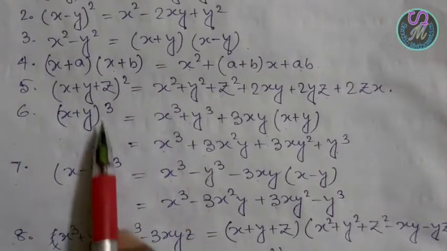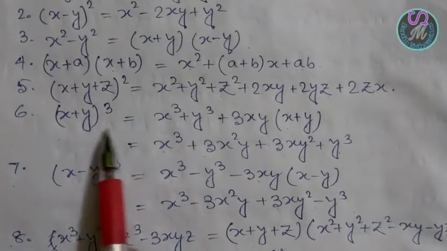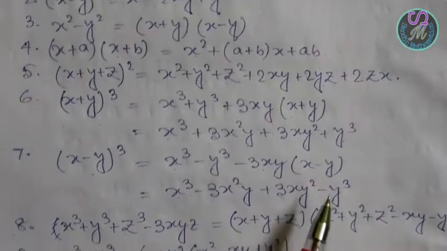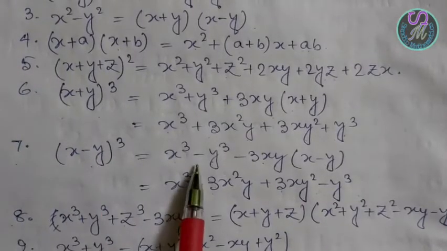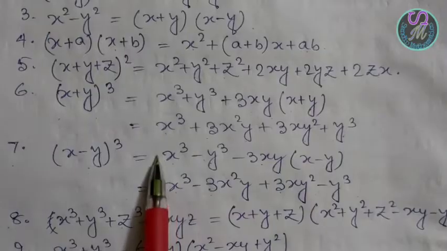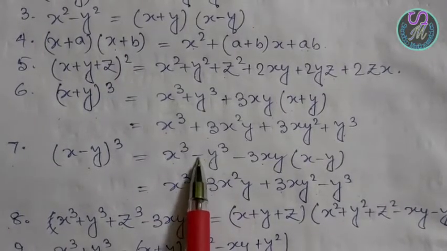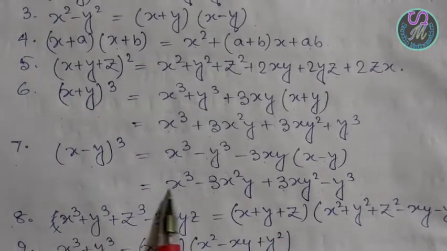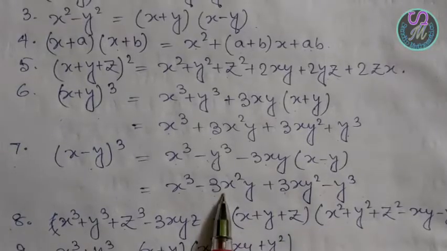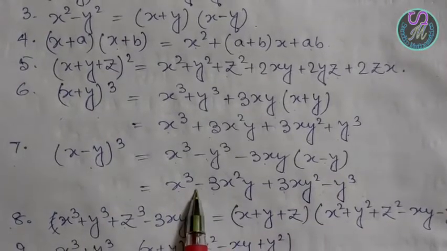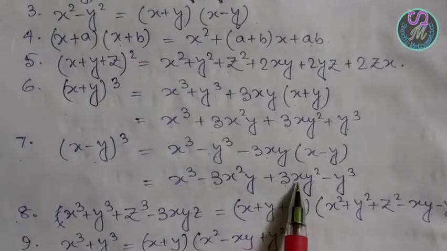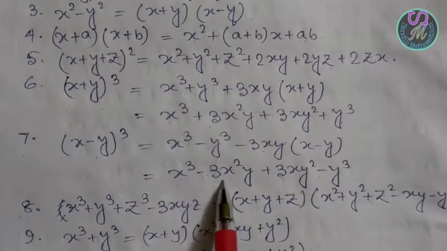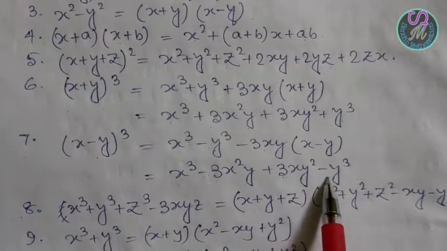Now in number 6 and 7, here the plus, that means all the signs are plus. And here the minus, x minus y. So here also, except x, that means the first term, all the others are negative. Here the minus, here the minus, here also the minus. And the last form, here the alternate sign, plus, minus, plus, minus. Everyone remember the term 3x square y, this one is the negative term, 3xy square, this one is the positive term. If you write 3xy square and write the negative sign, then this one is wrong. So x cube minus 3x square y plus 3xy square minus y cube.